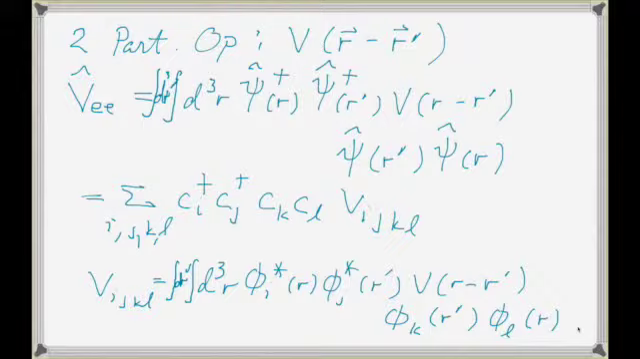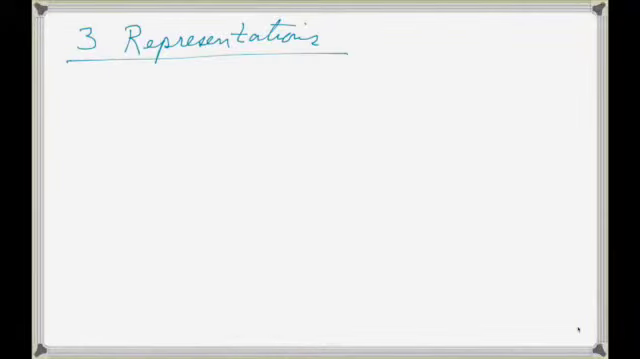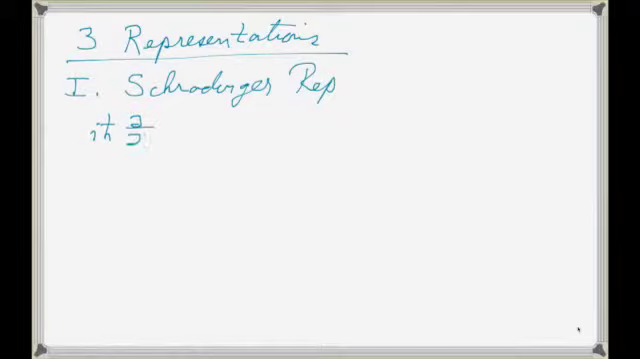Okay, so we have our Hamiltonian. We have our operators in second quantized representation. So I guess the next thing we need to do is talk about the three different representations: Schrodinger, Heisenberg, and interaction. The first one, which you're all familiar with, is the Schrodinger representation. This is what you first learn, where i h bar d/dt psi_Schrodinger